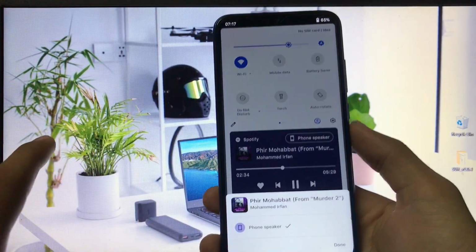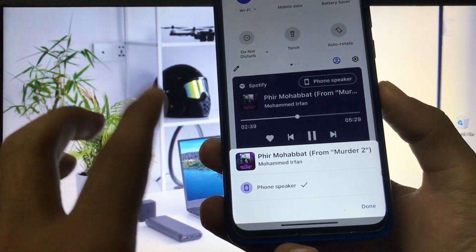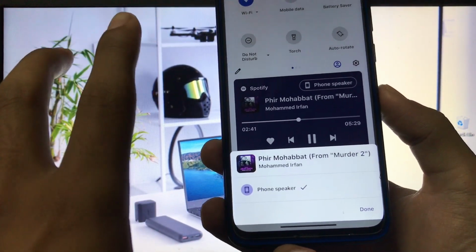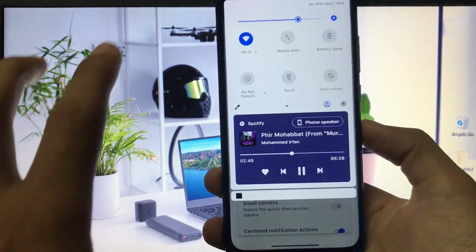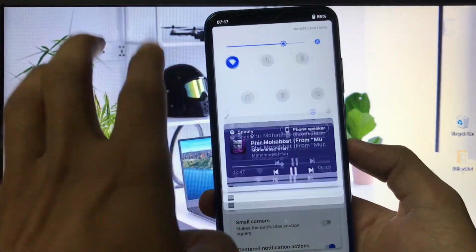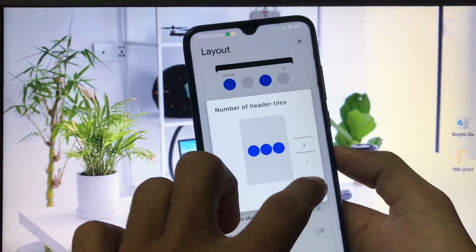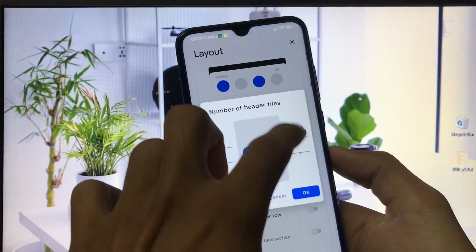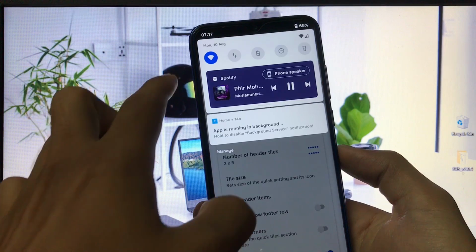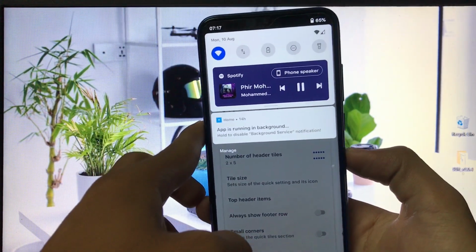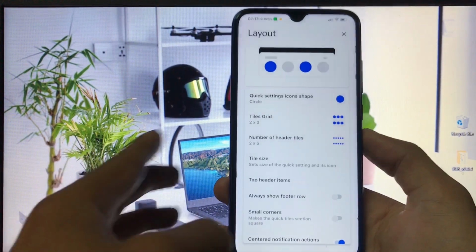You can also adjust these kind of things, which is also available in Android 11 phone speaker. But in Android 11 beta 3 you get some advanced features also. Obviously it's not Android 11, so you have to compromise with these kind of features, but it's still worthy if you want to install that. You can also choose the header tiles to 3, 4 or whatever header tiles you need. If you choose the 5 option, you will see these kind of options here, which you can adjust also. There are a lot of things to adjust. Whatever thing you want to choose, you can choose that.